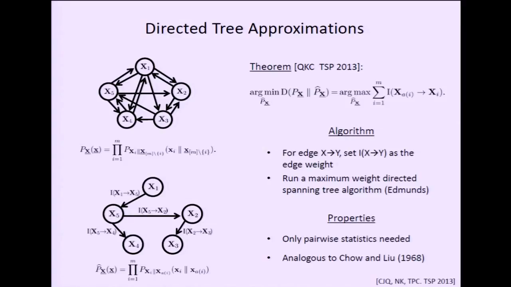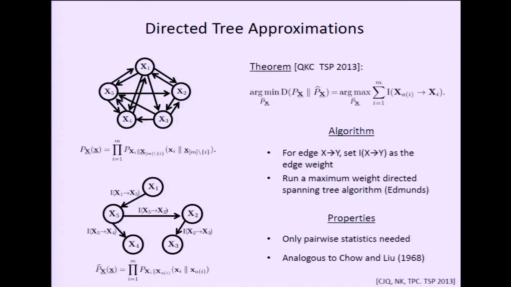So for directed trees, for instance, we can find the best directed tree. There's a doubly exponential number, so we can't do an exhaustive search. But it turns out that the quality of an approximation decomposes nicely in terms of how much influence each parent has to the child. So for instance, in the bottom right-hand corner, if I pick a particular directed tree, and